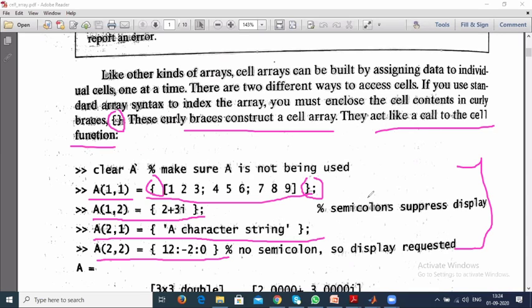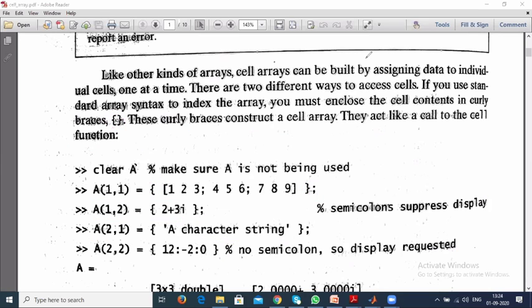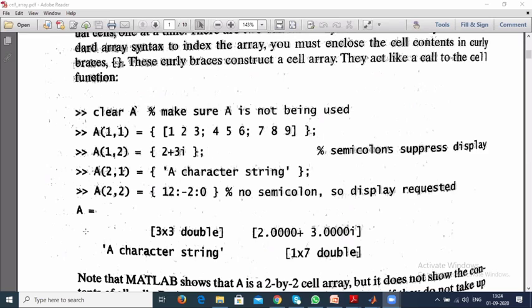But when you want to retrieve the data, when you want to see what data you have, if you are asking to display the contents of the cell array, A is a cell array. If you ask for A, it will display like this. Depending upon the size of the memory, it will display either the contents of the cell, or only the size of that cell.